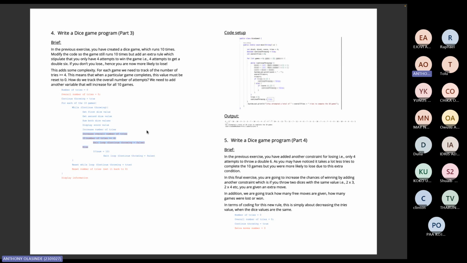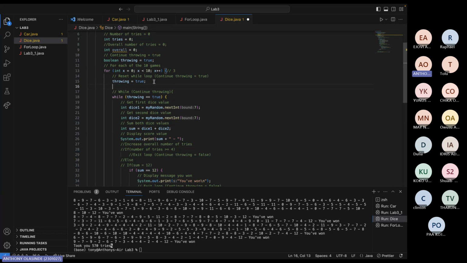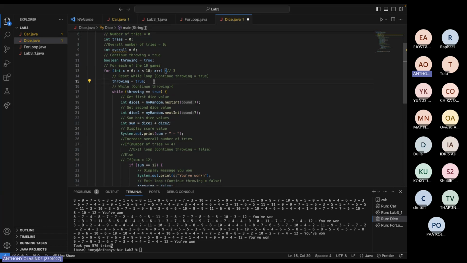Okay, we want to track. We can actually have the stuff here depending on. I'm just trying to follow this code, but let's just do what we have here. If increase overall number of tries, so that's